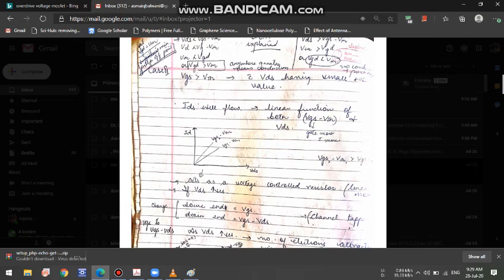I have written VGS2 minus VTH is greater than VGS1 minus VTH. So this shows how the drain current varies as I am increasing the gate source voltage. When the gate source voltage is increased, for say VGS2 being greater than VGS1, the drain current will increase. Why will it increase? Obviously because the more the value of gate source voltage, the more will be the width of the channel and the more will be the amount of charge that will flow through the channel from source to drain.